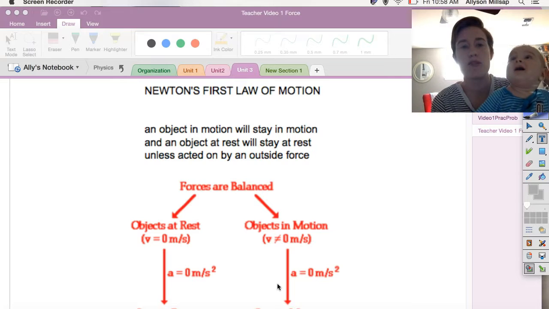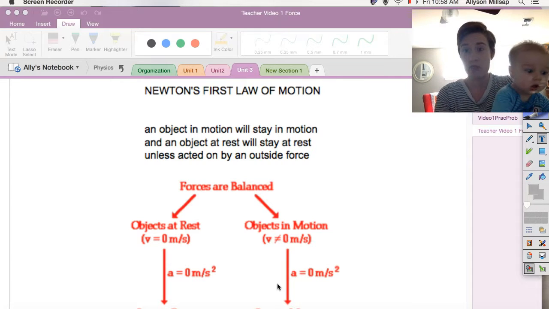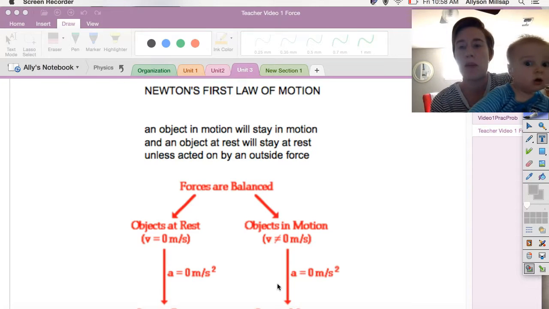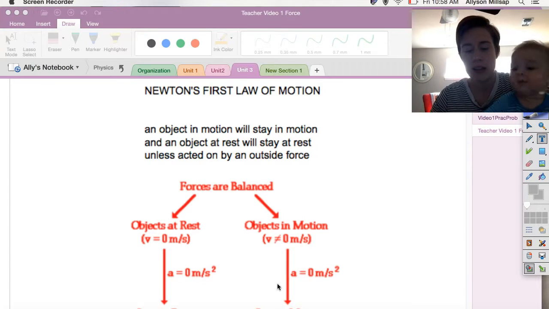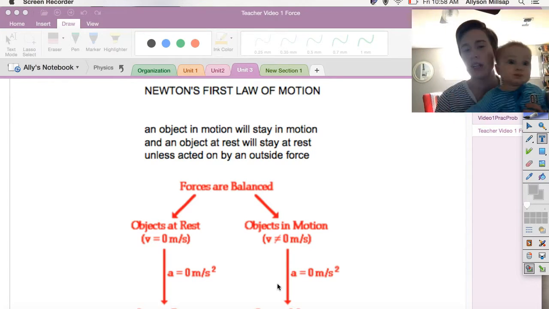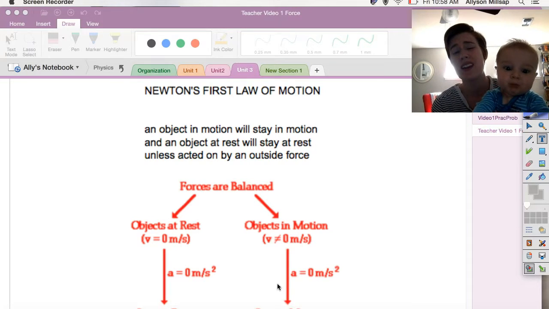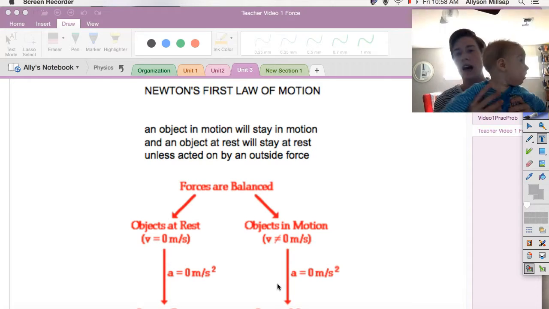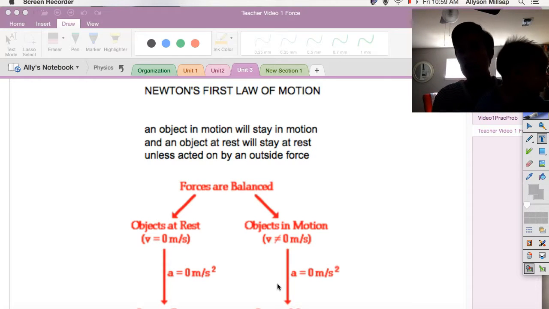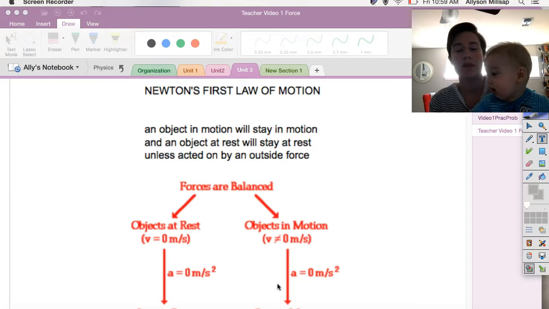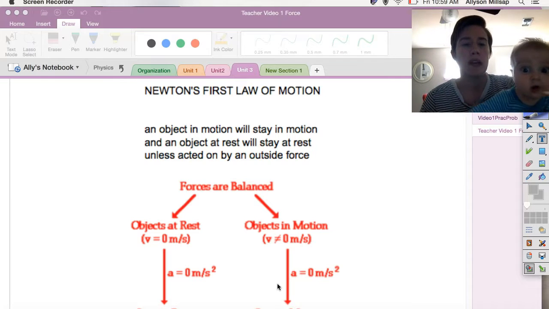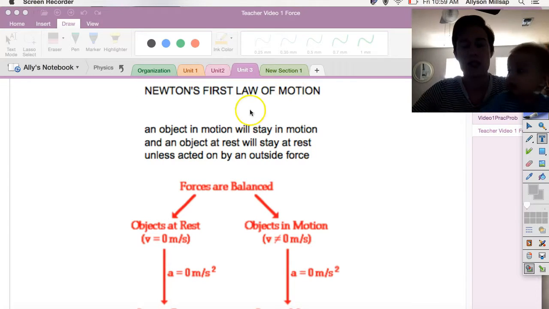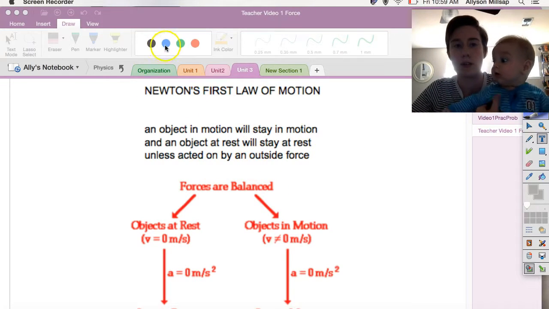To start off our discussion on force, we're going to talk about Newton's first law of motion. Newton actually came up with three laws of motion that we're going to be studying over the course of this next unit. Isaac Newton, that's his full name. He is really one of the founders of physics, and a lot of the stuff that he came up with back in his day was revolutionary. Most scientists of his day disregarded a lot of his theories at the time because they felt like it contradicted what they knew about the world around them. We're going to look into why they disagreed with this particular law in just a little bit.